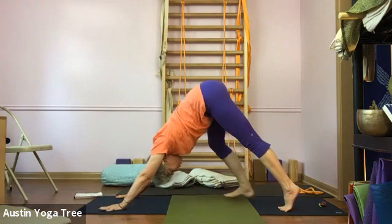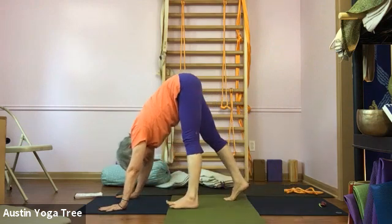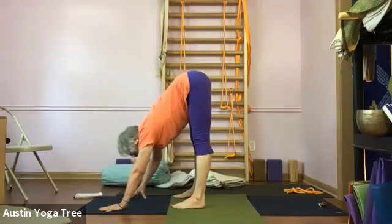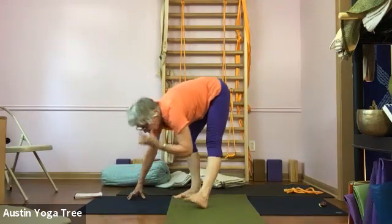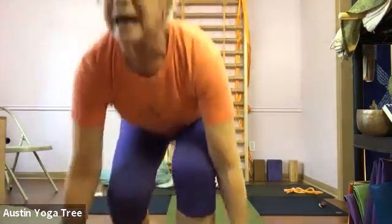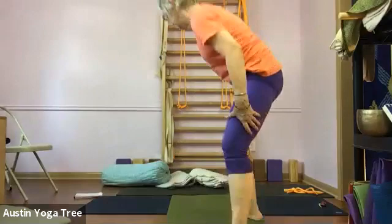Now, walk your feet forward, hip width. Come up onto your fingertips, or if you need more room, even a chair. I need your trunk to be open, to lengthen. So, you could just turn your blankets crosswise and put your fingers on them. So you need enough height,